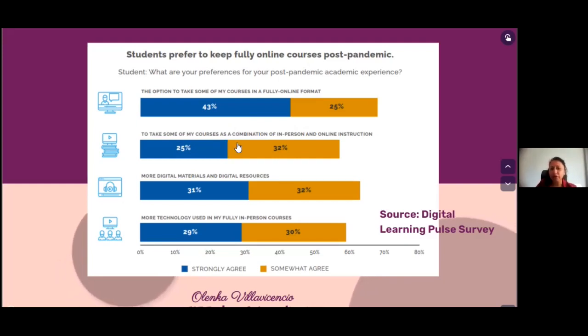Another option is to take some courses as a combination of in-person and online instruction. This combination is hybrid teaching. Students also want more digital materials and resources. They love using tech tools and materials to interact with each other in this fascinating way. They also want more technology in in-person courses. So if you return to full face-to-face, students also love the interaction with technology.